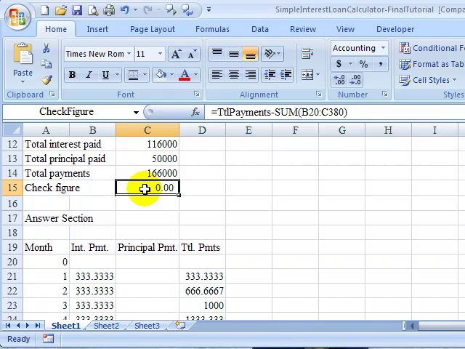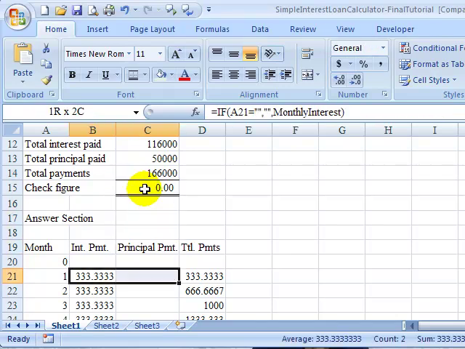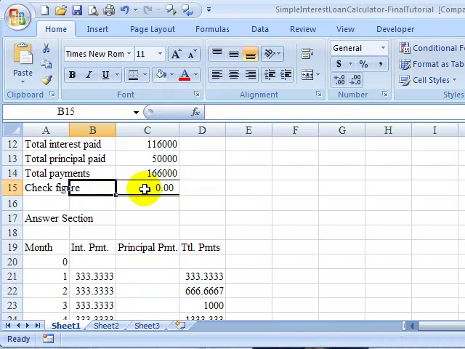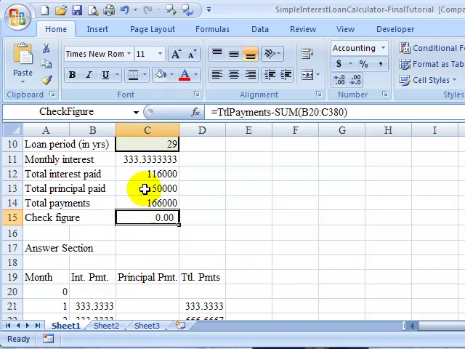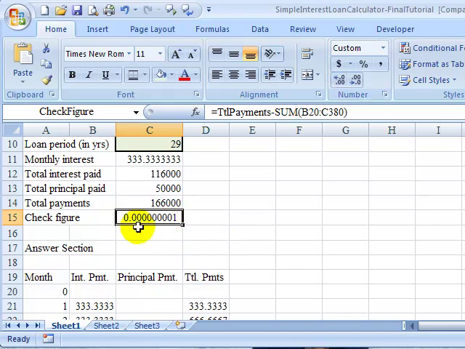The big idea was, if we take these total payments algebraically and deduct all these interest and principal payments all the way down to the bottom, we come up with effectively the same number mathematically. There's a very, very slight rounding difference, and that's why if I were to increase these decimals, you might see that there it is. It's so minimal it's not even worth worrying about. So anyway, that's what that is. I'll go ahead and use that